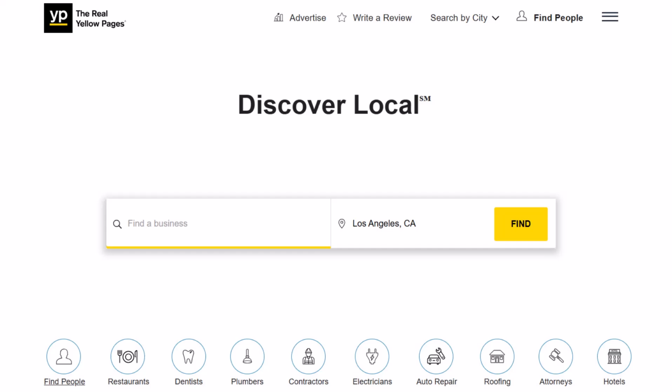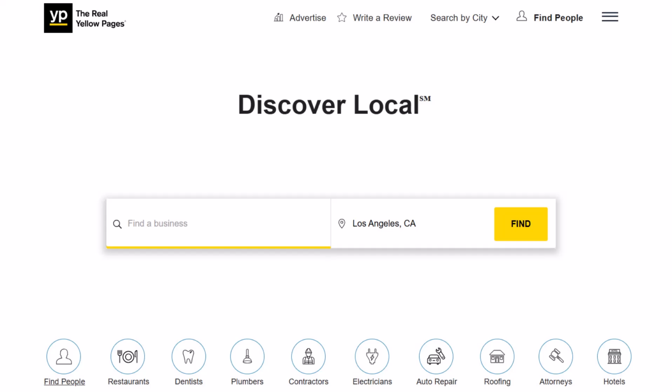Alright, have you ever spent hours copying business names, phone numbers, emails, and websites from Yellow Pages into a spreadsheet? If you've done it even once, you already know how boring and time-consuming that process can be. Now imagine if an AI assistant could do all of that for you in just a few minutes while you sit back and watch. In today's video, I'm going to show you how to scrape business leads from Yellow Pages